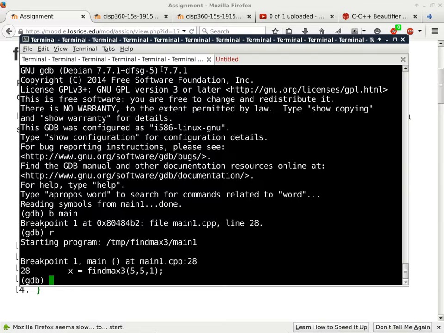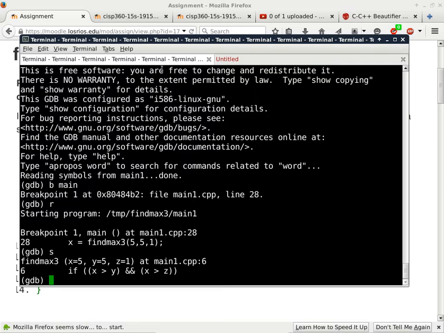Okay, so let's single step into the program. The first line is if x is greater than y and x is greater than z. Now, if you're not reading carefully, you would say, okay, x is 5 and it is obviously the maximum already, and we should have a confirmation of this condition, right? So you would single step, thinking it will go to the then statement of this conditional statement, which is